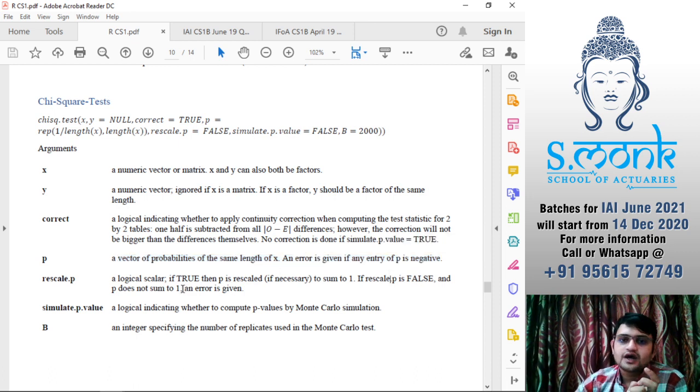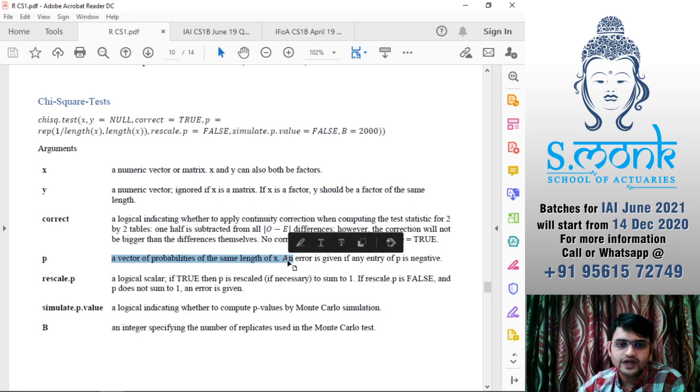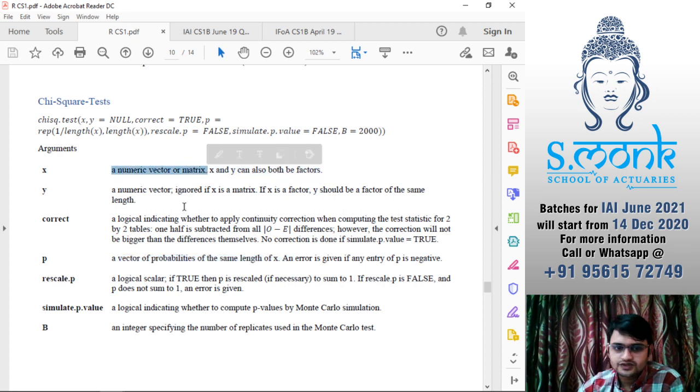Now see, in our goodness of fit test, we calculate the expected frequencies, right? Here we do not have expected frequencies, we put in expected probabilities. So this x is going to be nothing but frequencies.